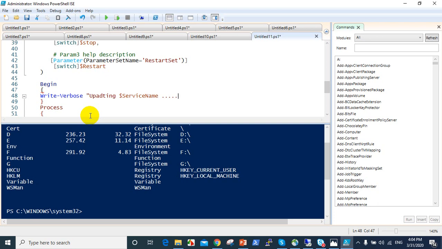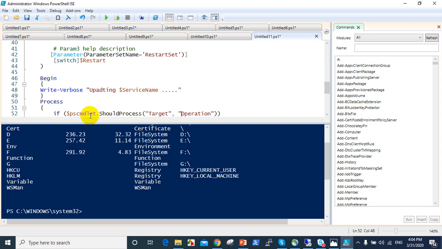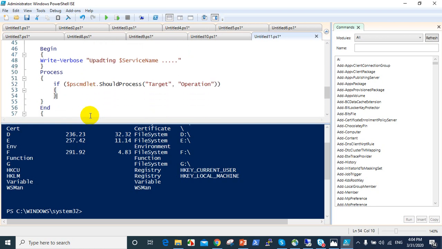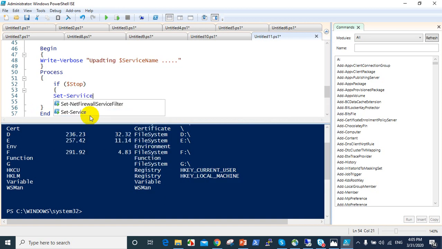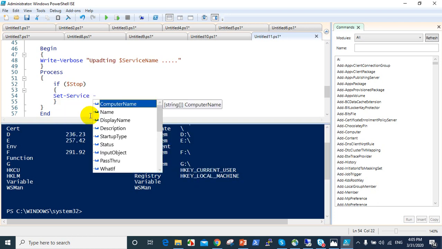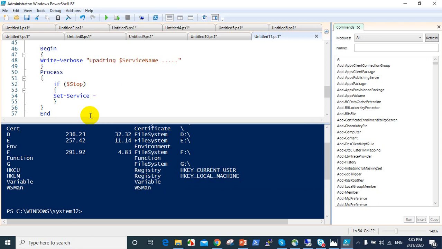then so that's it. In process, coming to process, here if we don't want this, so in process just if stop, if dollar stop, then set hyphen service hyphen name, set hyphen service hyphen name